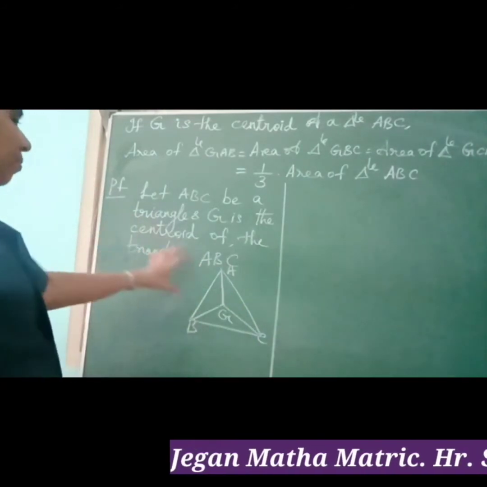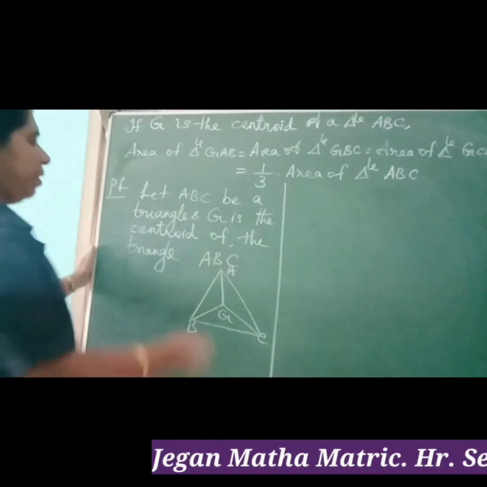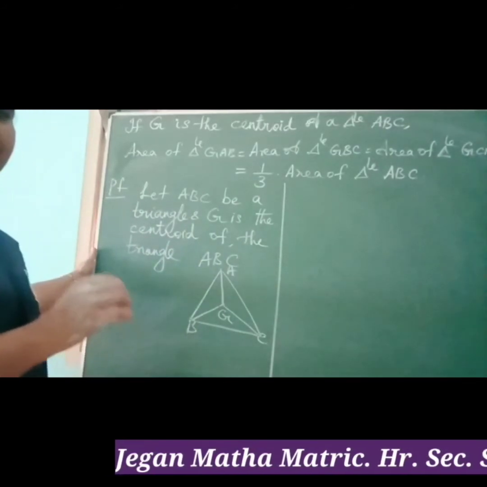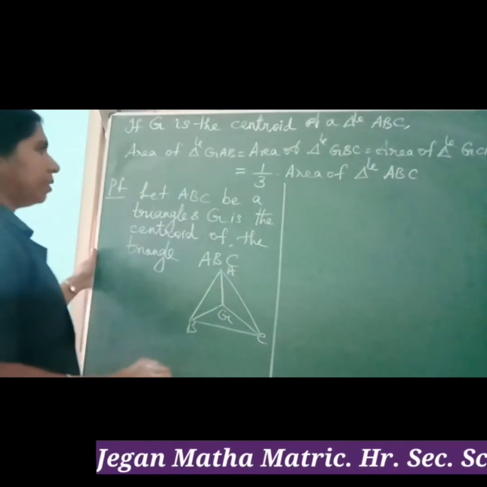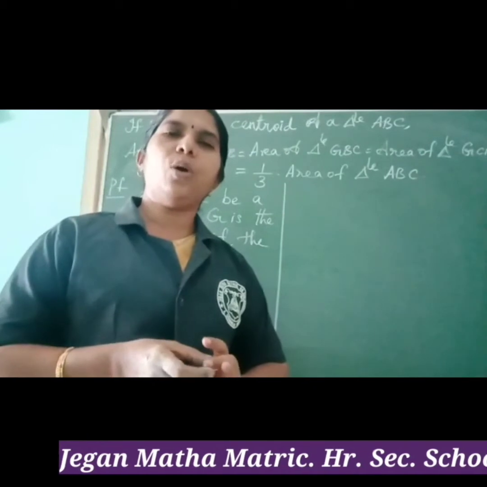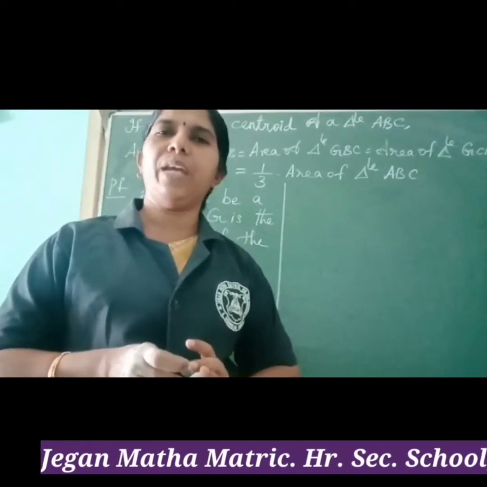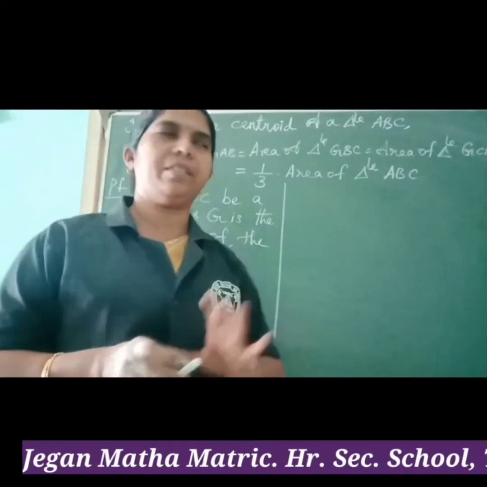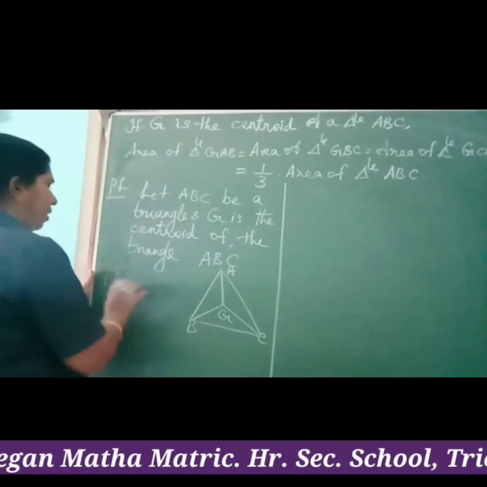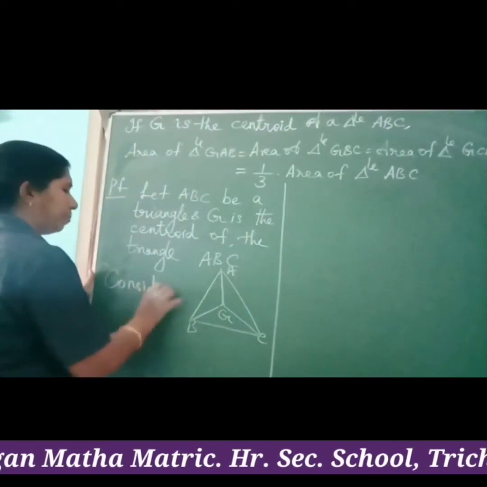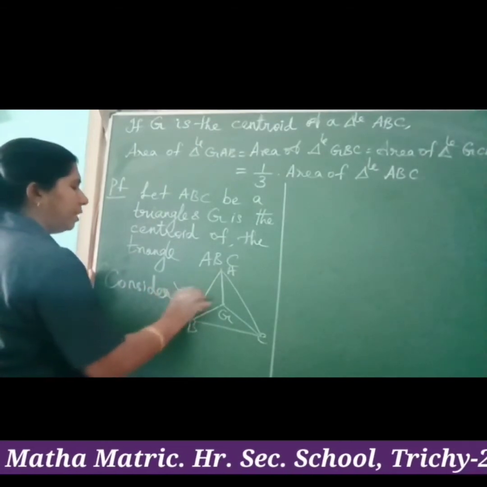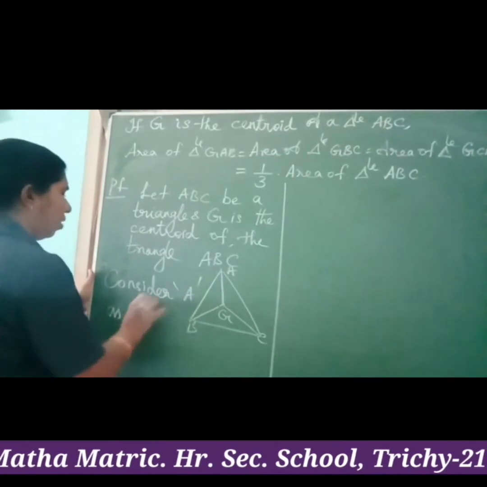So, first you can write the centroid of a triangle formula. Already in 11th standard itself we have studied. The centroid, what formula have we studied? The centroid OG vector is equal to OA plus OB plus OC by 3. Here we are going to assume A as the origin. Consider the point A as the origin.